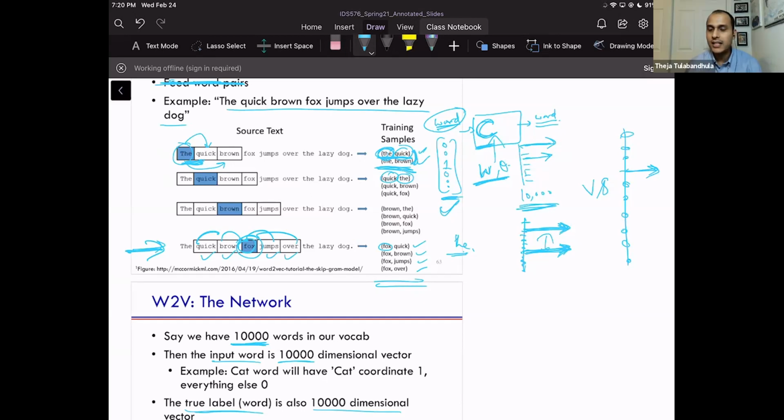And just to be clear, it's not that it will only be with these 4 words. Remember, if there's some other sentence where Fox also appears, there will be some other words nearby, and we want those words' scores to be highest as well. So for one sentence we got so many training examples, and for other sentences where the same words occur, there could be many more examples. It's not that the words only appear in one sentence.